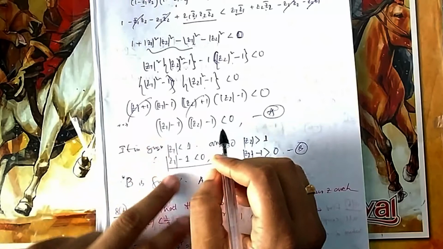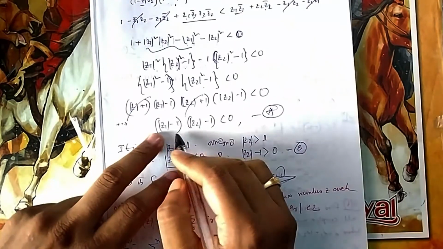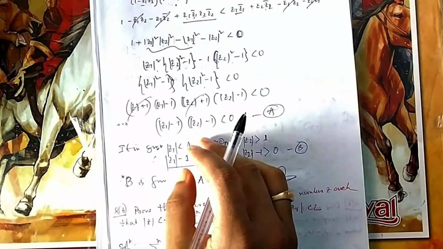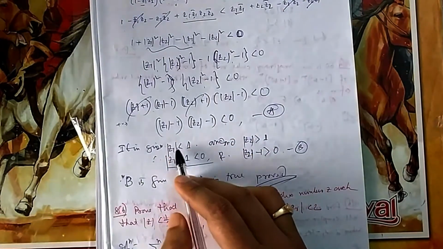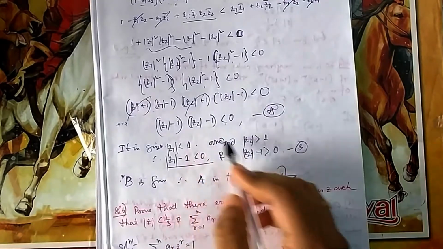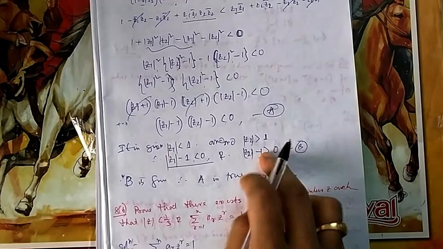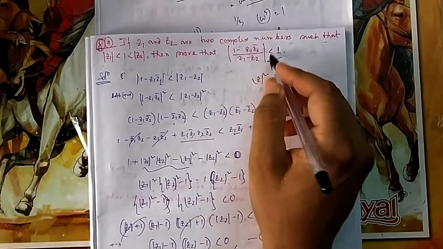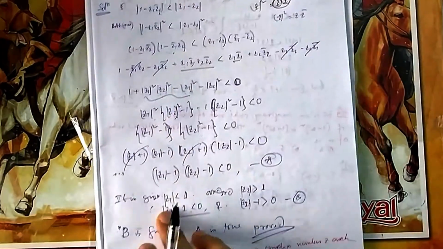Now either this is equal to 0, or this is negative and this is positive, then anything can happen to satisfy this one. This will always be negative, because it is given to you that it is less than 1. And this is greater than 1, so that will always be positive. So obviously this is already given to you. That means this is true, which means what I started with is true. I started with what was to be proved. From that I consider it true, and let me check what statements I am getting.